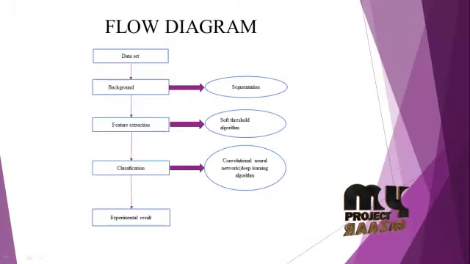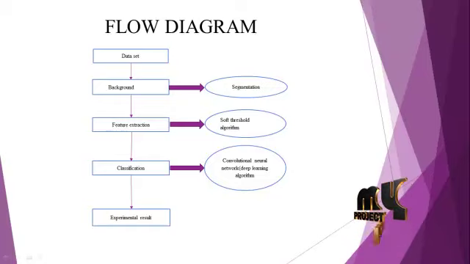Our project flow diagram is: we can classify the image as per the given dataset. First, we collect the dataset and choose one image. On that image, we are going to read and segment the image. Before the segmentation process, we are going to convert it to a binary and gray image. After the segmentation process, we are going to extract our image by using the soft threshold algorithm. After this process, we are going to classify all images in our dataset, in that classification using a convolutional neural network. Finally, we calculate the experimental results for accuracy, sensitivity and specificity after classification of the image.